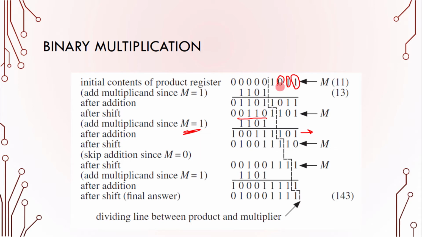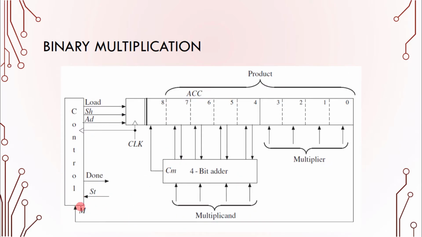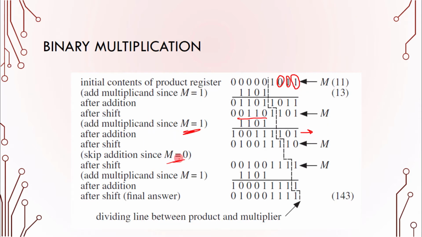Now this third bit, which is 0: if this M bit is 0, in other words this M is not enabled, then you skip addition. The controller will send the shift signal, and the accumulator register is shifted by 1 bit towards the right. So when you shift this accumulator register by 1 bit, you have this binary number where this is a new 0, and now this is the final one. Here M is equal to 1.